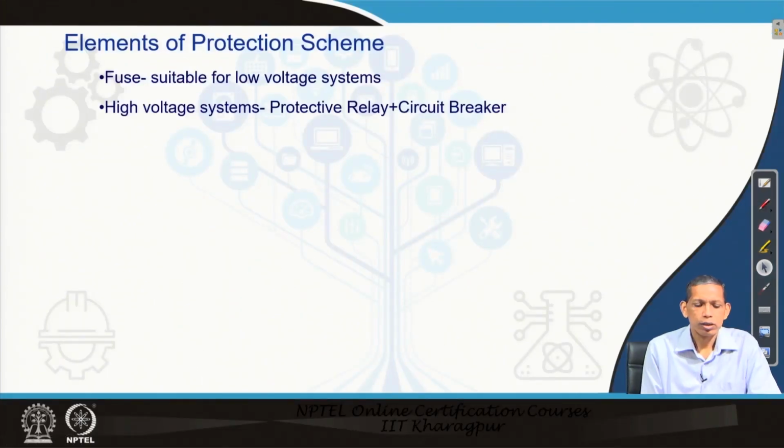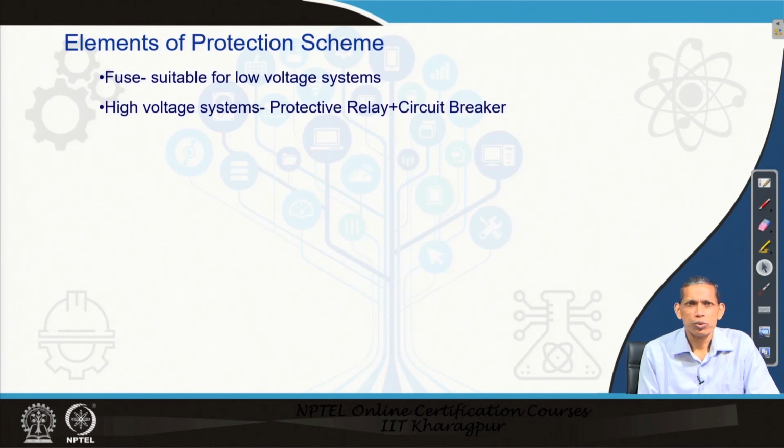So, we know the usage of fuse. We use it in our house wiring also. Whenever there is a fault or a short circuit in the circuit, the current becomes high and the fuse is blown out. In that case the faulted path becomes isolated from the rest and the rest of the circuit remains intact. Repair the faulted portion and then replace the fuse, and that circuit also can be restored.